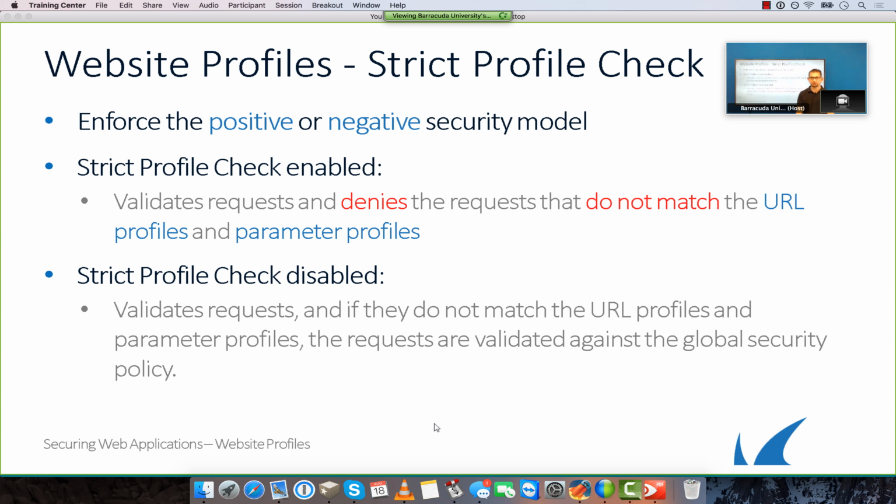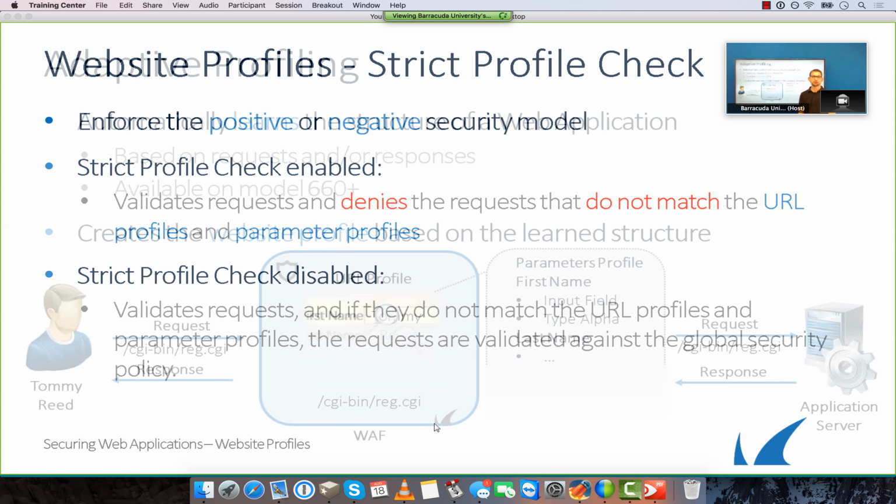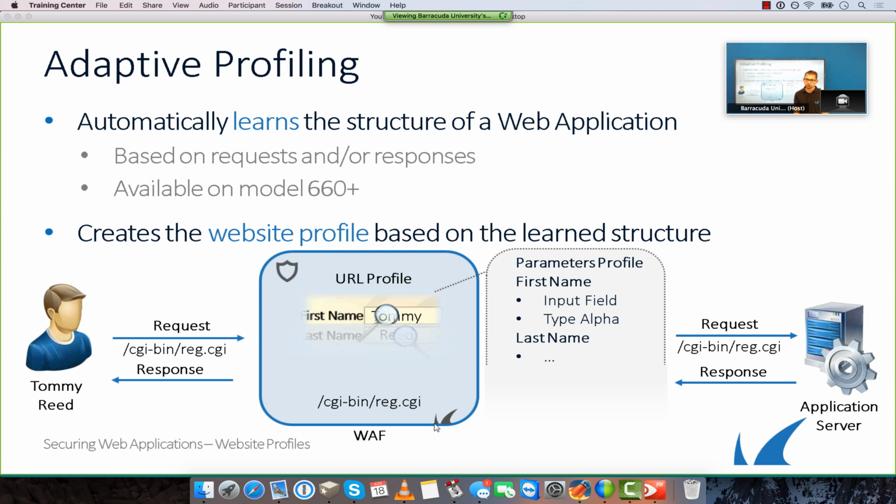Now, for the learning process, okay, we said that the WAF can learn the structure of your web application. For the learning process, you are going to use an engine in the WAF that is called the Adaptive Profiling Engine. The Adaptive Profiling Engine will try to build all the URL profiles or the parameter profiles based on the traffic that the WAF sees. So we have some traffic, requests and responses, and based on what the WAF sees, remember that the WAF is a reverse proxy, so it will see everything,